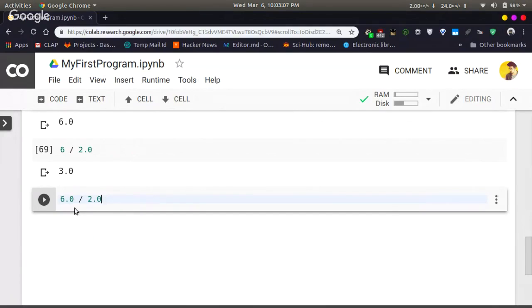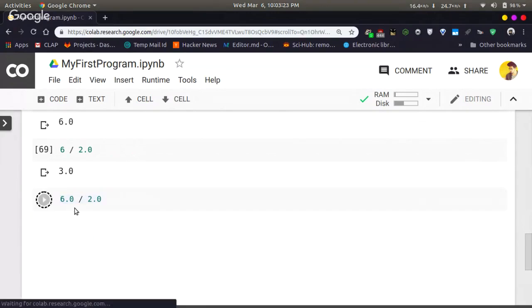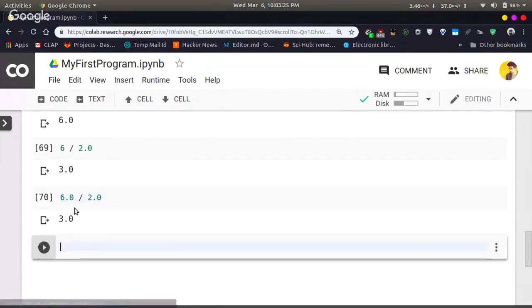This is all because of the dynamically typed feature of Python. During runtime, Python itself will figure out which data type to use. So see, by running, it will print out 3.0. This is the beauty of Python.